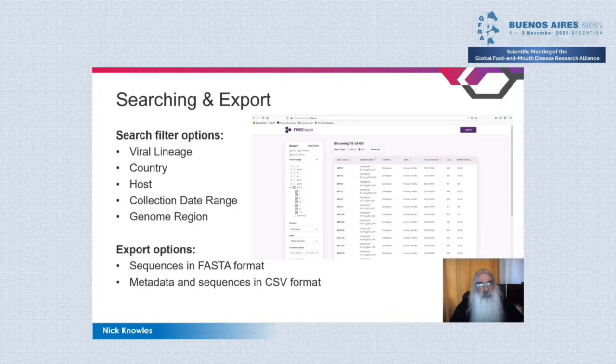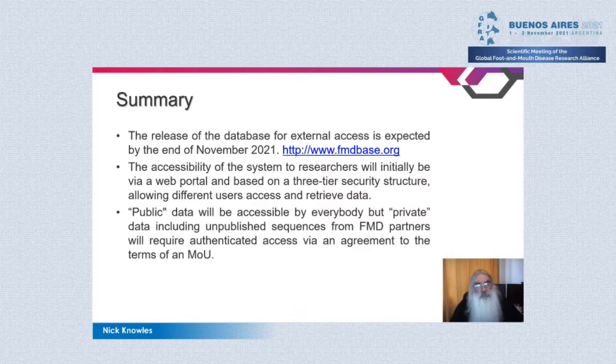The data can be searched and exported, and the main search filters are virus lineage, country, host, collection date, and genome region. And these can be used to search for a subset of sequences which can then be exported in FASTA format, or including with metadata in CSV format. So the release of the database for external access is expected by the end of November 2021, and the website will be